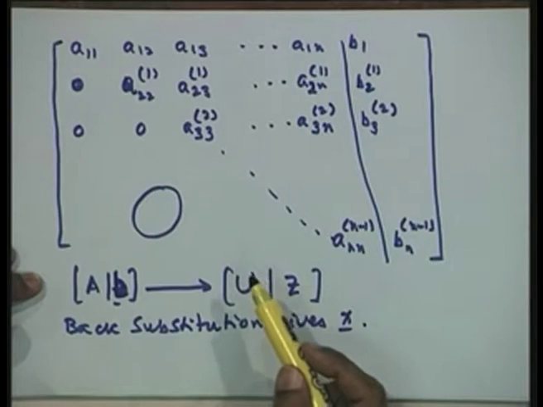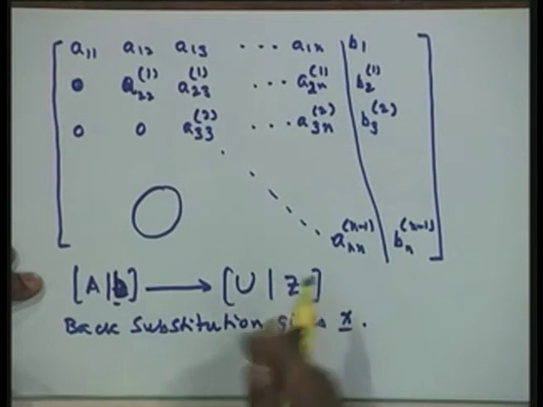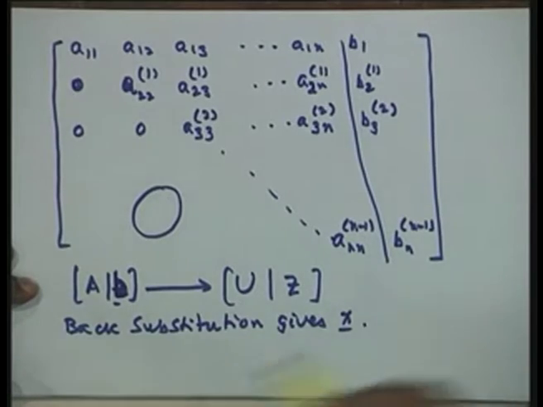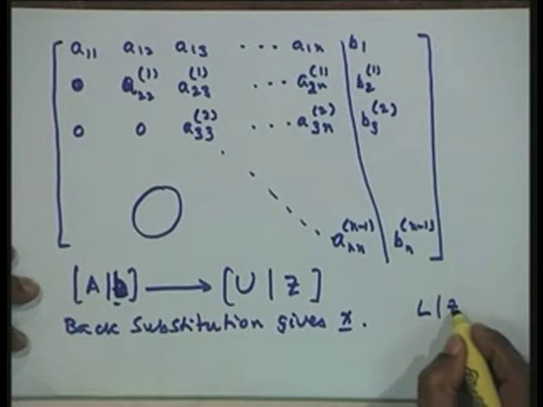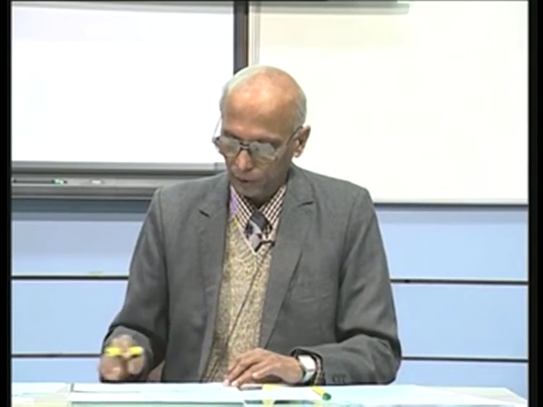We can also eliminate the upper one and diagonal elements. If you do the upper part, then we shall be using elementary column operations. Then you are going to bring it to a matrix of the form L, lower triangular. So you are now applying instead of rows, you are applying on the columns. Yes, it is possible, but in computer software elementary column operations are not used, but they can be used, it is well defined. But as a tradition we will not use the elementary column operations, we shall use only the elementary row operations.